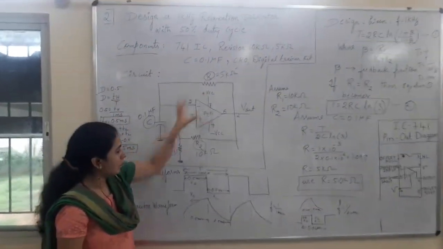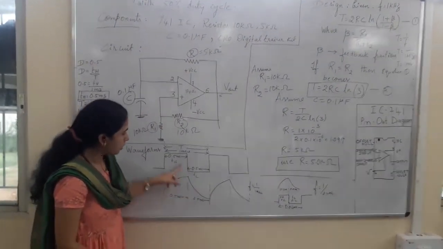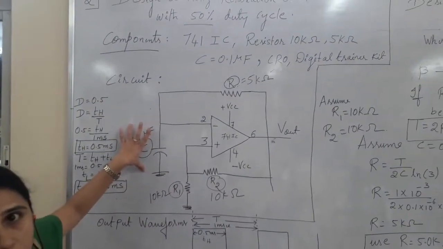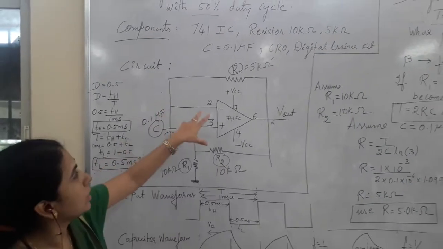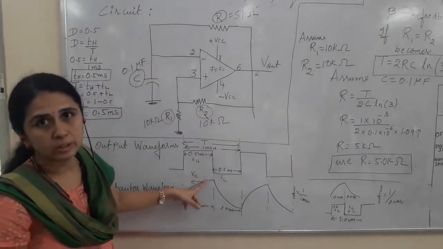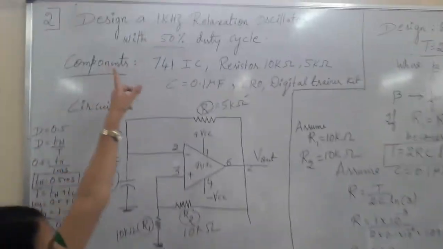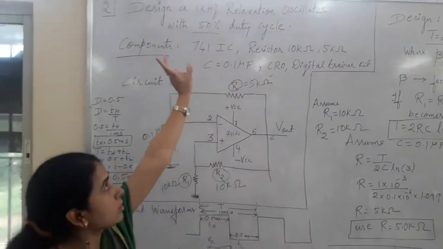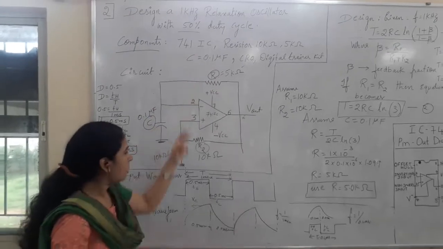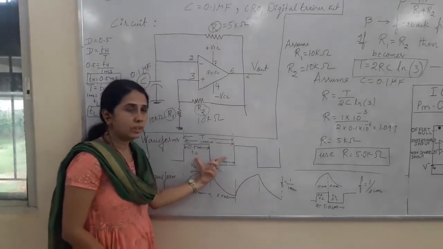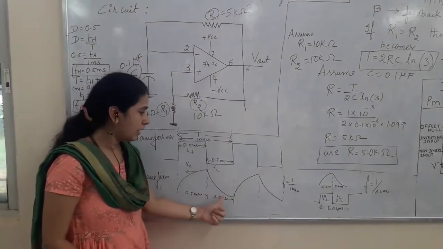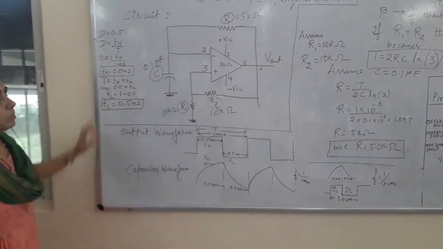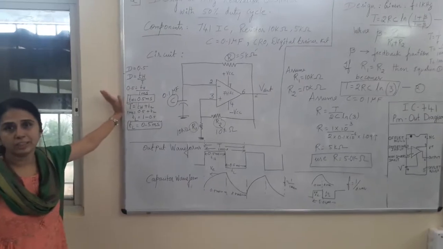You can observe that both the waveforms are output waveforms. We can't see any input here. Without any external input, the oscillator produces an output. Such an oscillator is called a relaxation oscillator. I'll repeat, it is called a relaxation oscillator because the frequency of the oscillation is based on the charging and discharging of the capacitor. So this is the explanation of the relaxation oscillator.